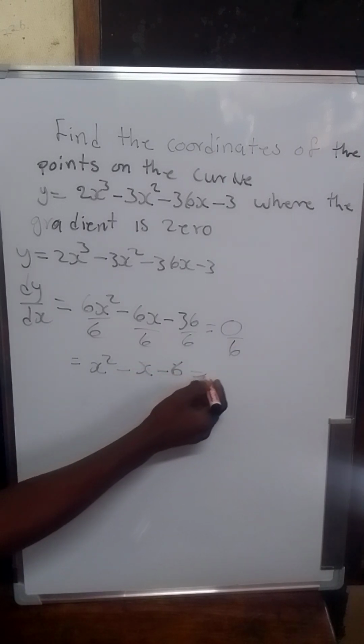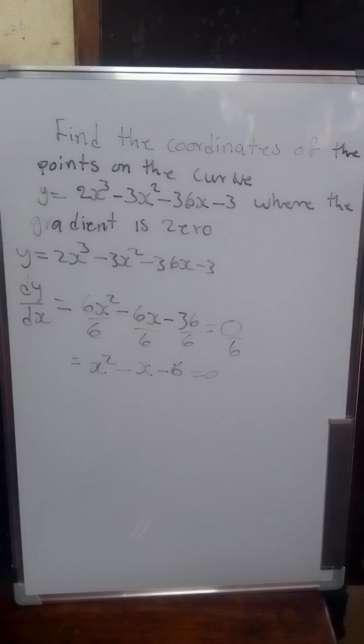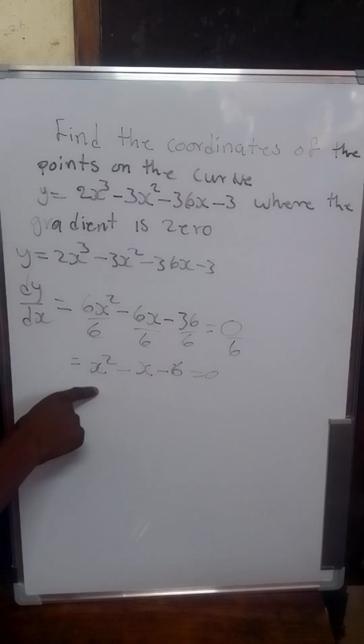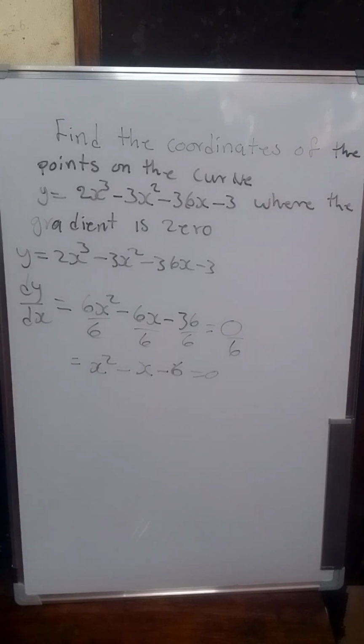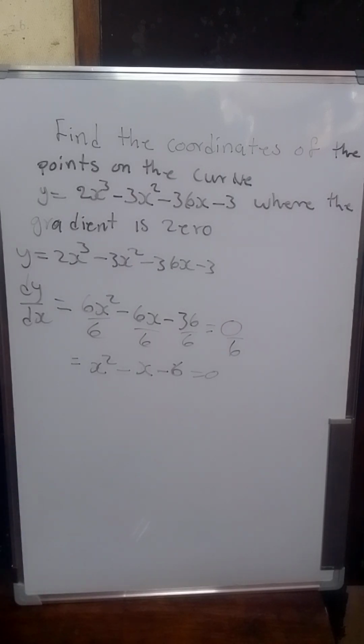okay. So we can see that this derivative is simplified, and we can easily factorize, or we can easily find the x values here. So how can we find the two values of x? As the question is saying, where the gradient is 0. So this equation that we have here is the equation of the gradient, so we have to equate this equation to 0. As we have done here, you can see that this equation is equated to 0, and this is a